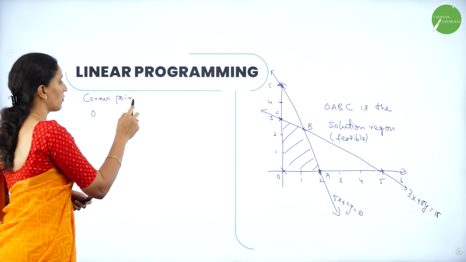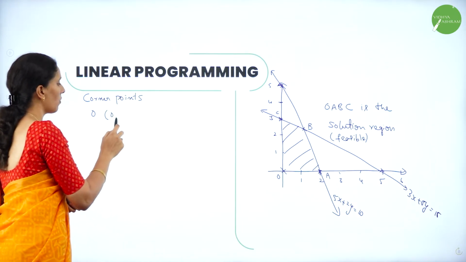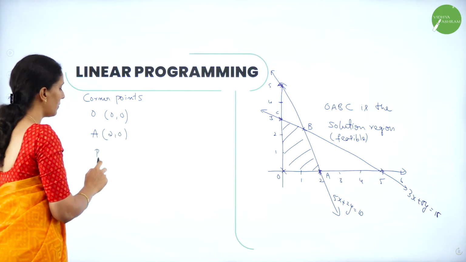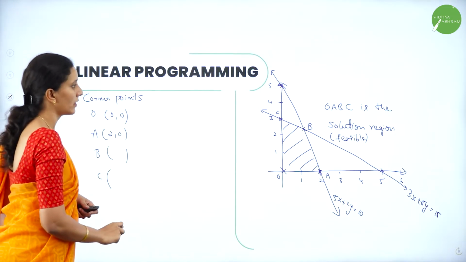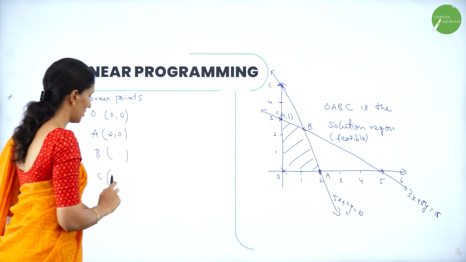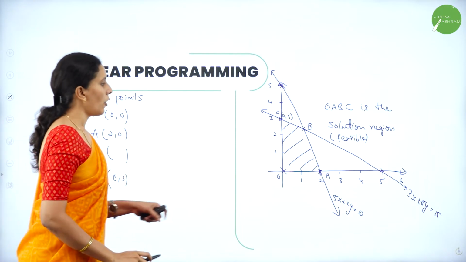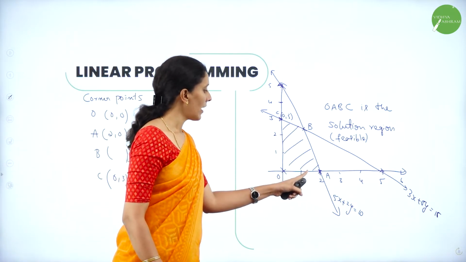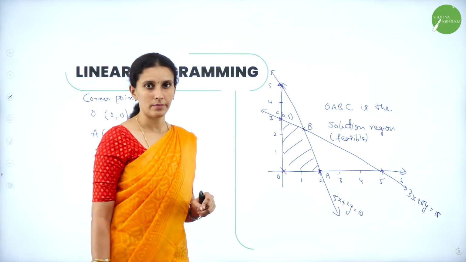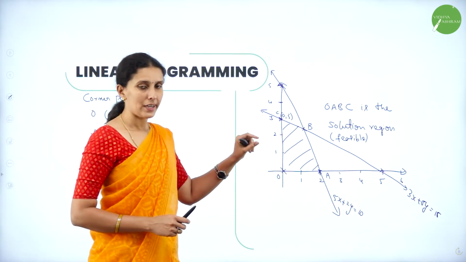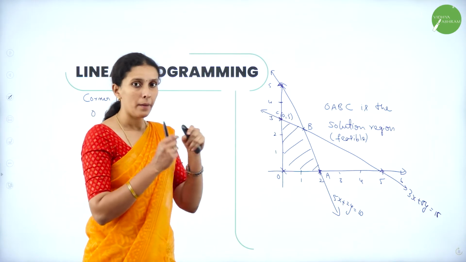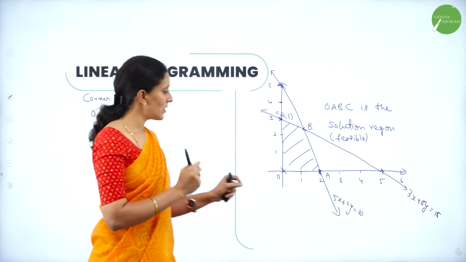Write the coordinates of the points. O is 0, 0. A is 2, 0. Let's calculate B. And C is 0, 3. Now by looking at the diagram, calculate the x coordinate and then the y coordinate. Here you will get the straight line. Since I have taken a rough diagram, I'll directly write it, but by looking at your graph, just count